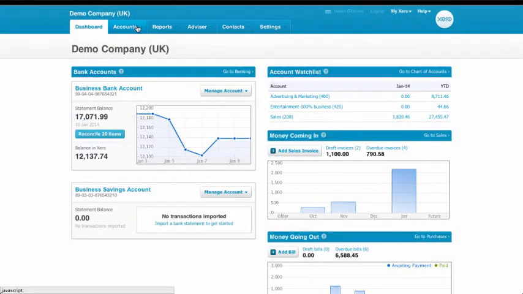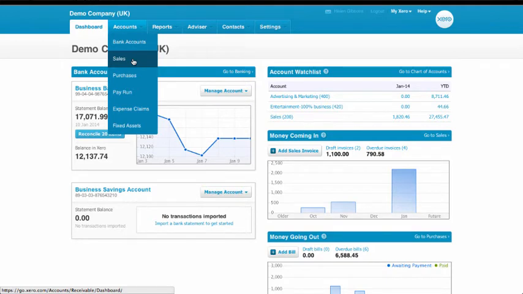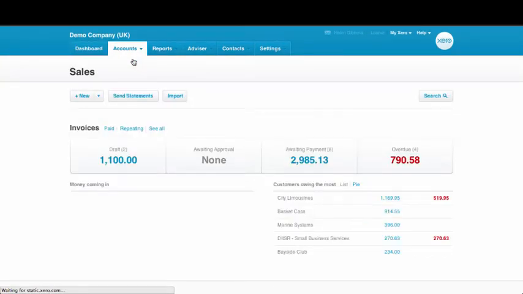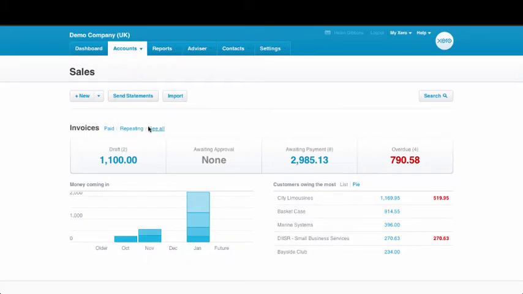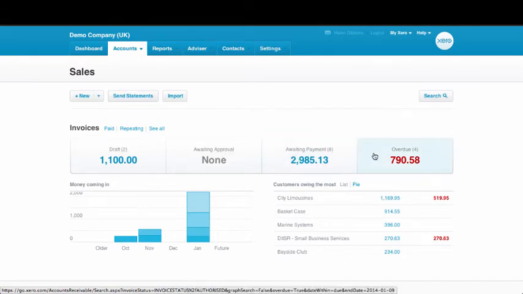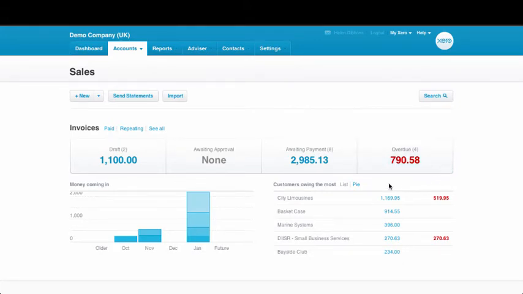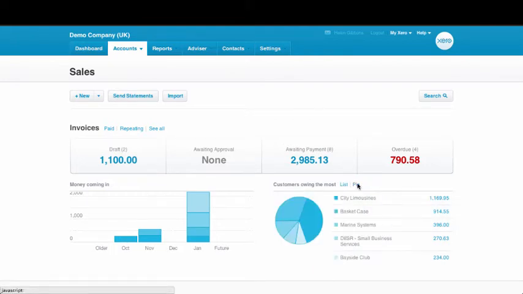Under the Accounts drop-down and Sales, we will see a full sales dashboard outlining the status of any current invoices that are not paid as yet. Drilling down on any one of these status levels will show me the full list of the individual invoices with that status. Also on the sales dashboard, I can see graphs or charts showing me what customers owe the most, which I can view as a list or as a pie chart, and I can also see a bar chart